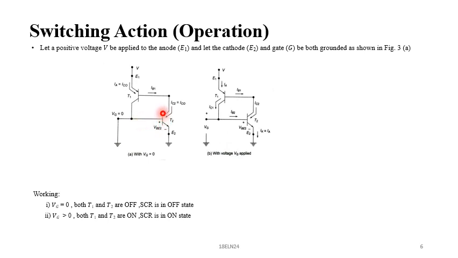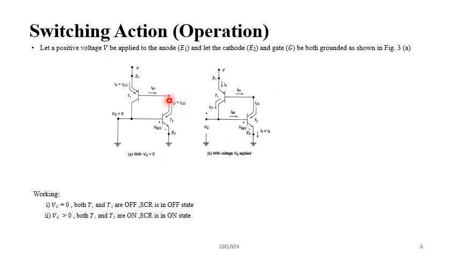And in a BJT, the output current, that is the collector current, and the base current are related by the equation IC equals beta into IB. When IB is 0, the collector current also becomes 0, but a small current will still flow through the transistor, due to minority carriers. That current is indicated as ICO. ICO indicates a leakage current, and its value is very small, in terms of microamps or nanoamps.